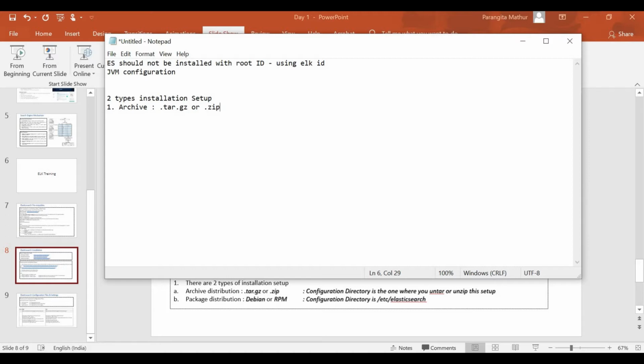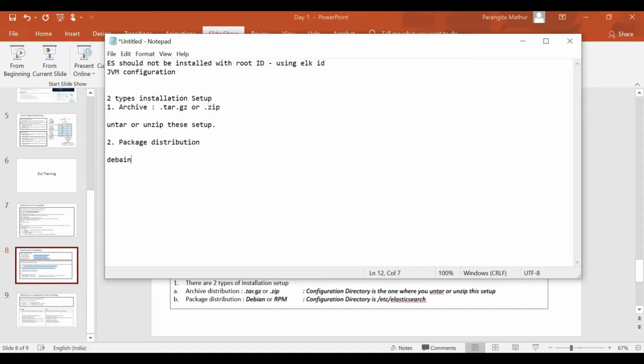In this archive distribution, you only have to untar or unzip the setup. That's it. Now the second one is package distribution.